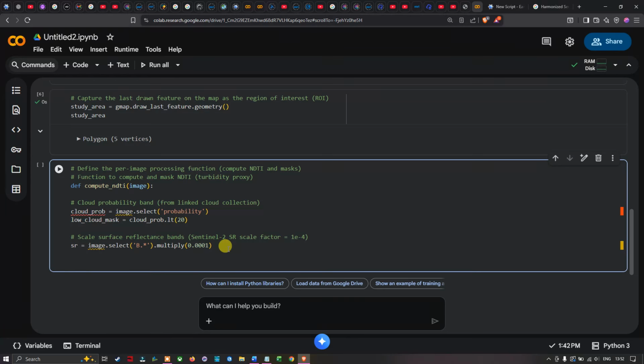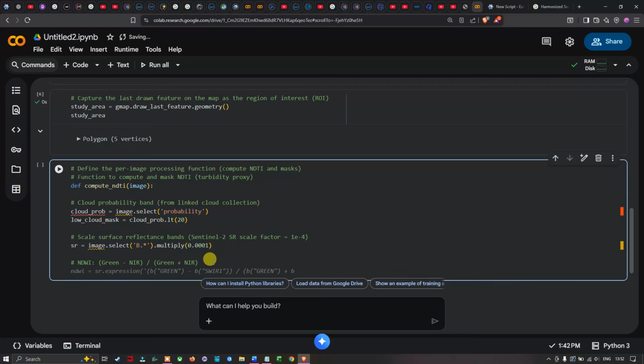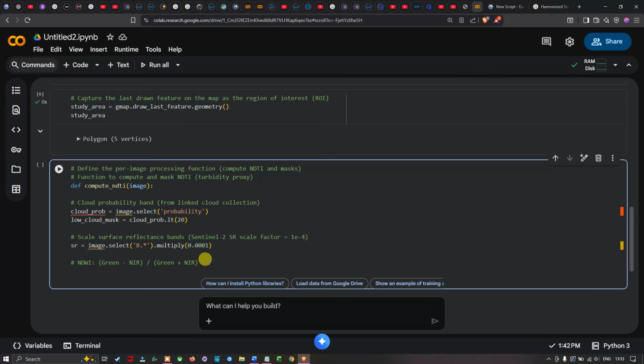Once we apply the scaling factor, the next step, we're going to compute the normalized difference water index as well as the normalized difference turbidity index. This is the formula to compute NDWI, which is NDWI equals green band minus NIR divided by green band plus NIR, to compute the normalized difference water index. To do that, first I'm going to mention NDWI